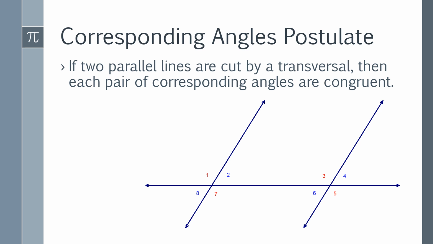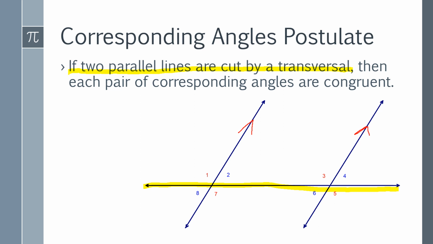Now, you're going to notice on all of these theorems and postulates we're going to talk about, we're stating some truths here, but they're all going to start off with two parallel lines that are cut by a transversal. So here is our transversal, and our two lines here are parallel. So we're going to mark that there, right? So